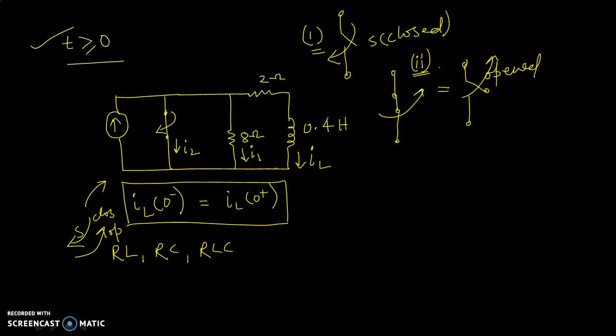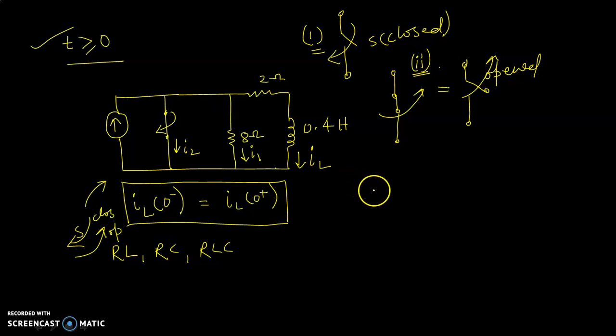The opening or closing of a switch may connect or disconnect a source from the circuit, or connect and disconnect an element to the circuit, or provide a short circuit or open circuit across the element. This is the complete theory behind this example, and it is going to help you in n number of examples. The same analysis and process is applied for this kind of transient analysis. Now let us go further.